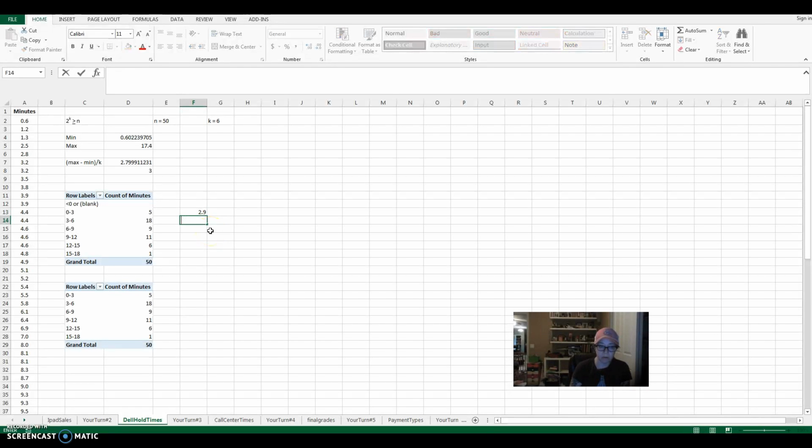Oops, I'm sorry, I didn't mean 3.9, 5.9, because we have to be almost 6. And then this one would be 8.9, 11.9, because I want almost 12, 14.9, and then last is 17.9. And then I'm going to create a histogram with this, and